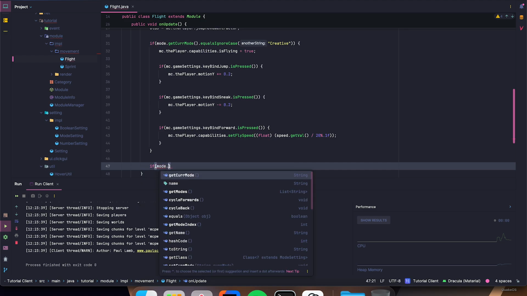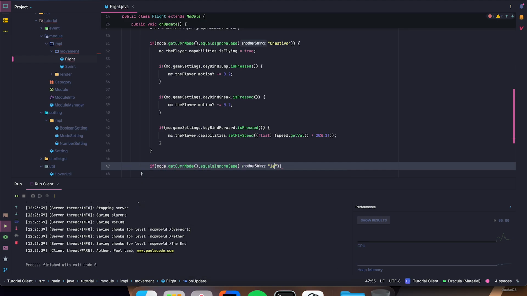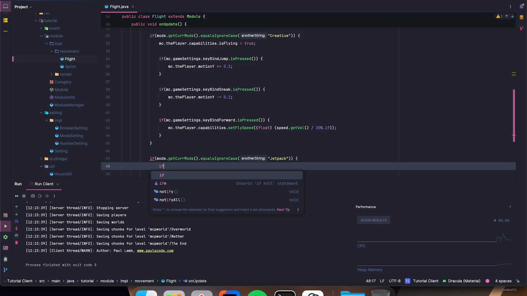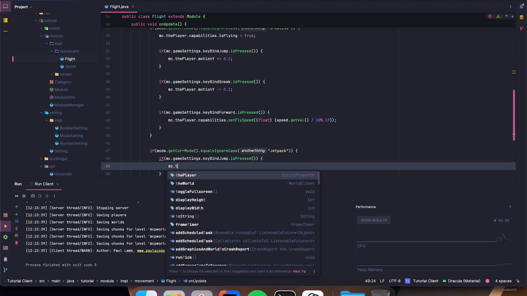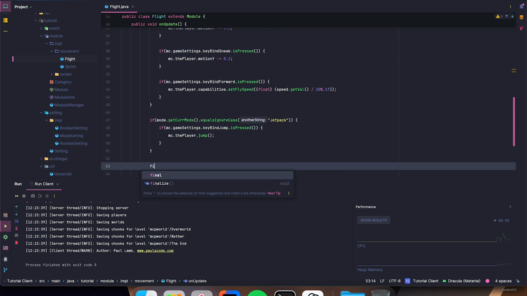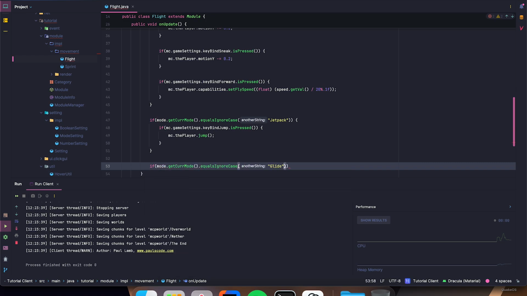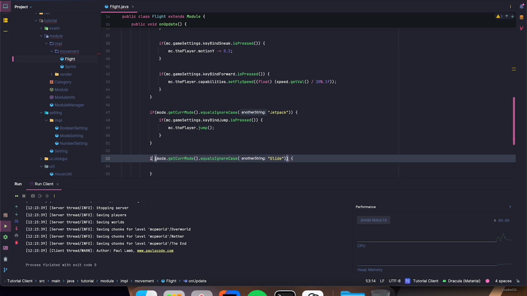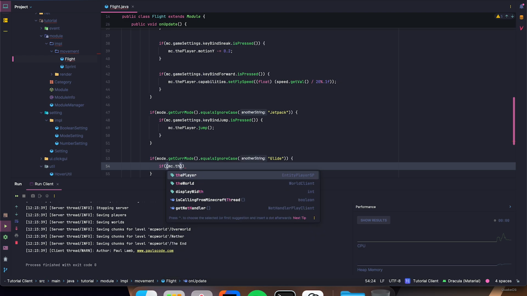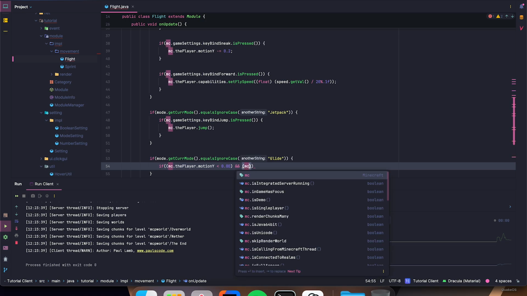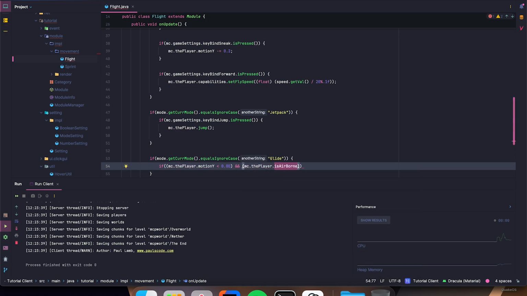Now we're going to say if mode.getCurMode.equals jetpack, if mc.gameSettings.keyBindJump.isPressed, mc.player.jump. That one's pretty simple. And finally, the glide one, if mode.getCurMode.equals glide. There we go. If mc.thePlayer.motionY is less than 0.0d, and mc.thePlayer.isAirborne, and not mc.thePlayer.isInWater,